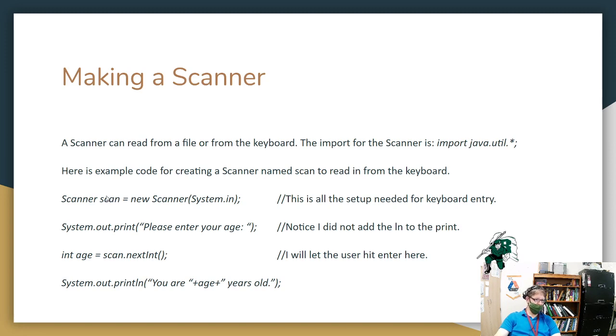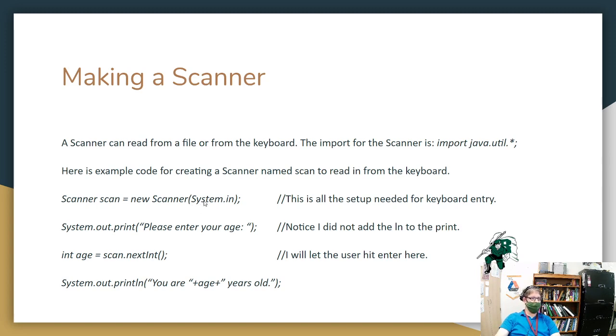So scan is my nickname for scanner. This is the name of the thing, and this is the type of thing that you're making. So there is a scanner called scan. And every time you make something brand new, you have to say, this is brand new. Like, welcome to the world, little scanner. It's a wonderful place. You're going to love it here. And then